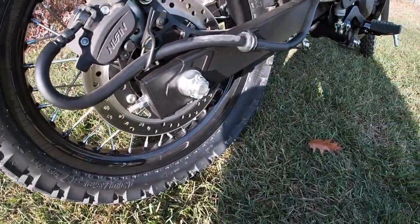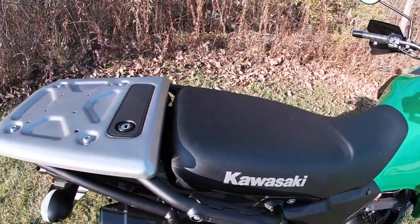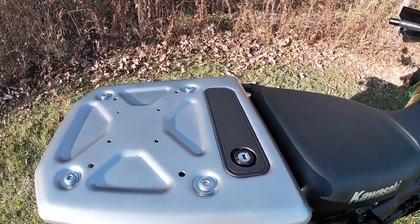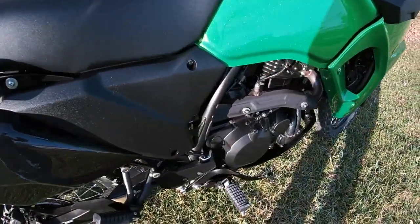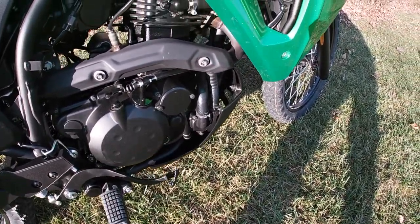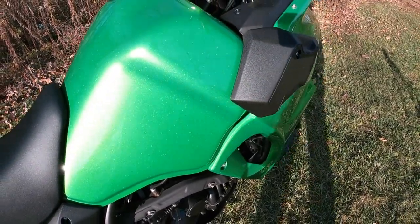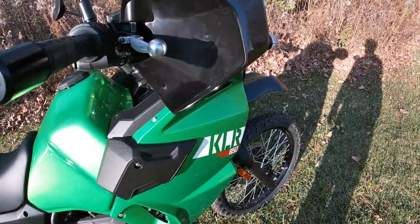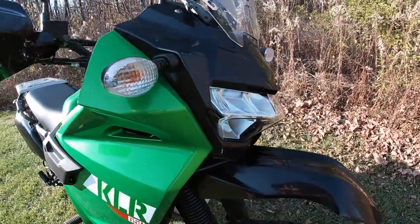What's cool is you got the black rims, rear disc brake. You're going to have your luggage rack. This is coming on the base model. Storage for your toolkit. Passenger foot pegs. Really looks nice with the engine blacked out. The paint just pops. You're going to get the hand guards, and on the new Gen 3s,